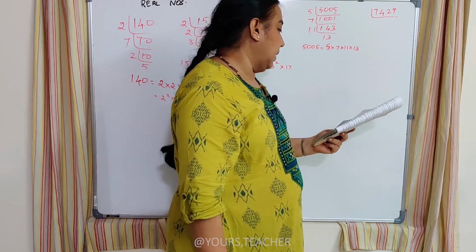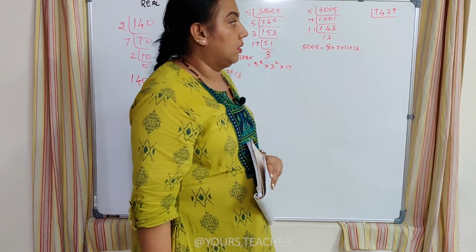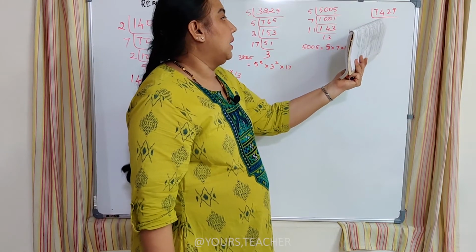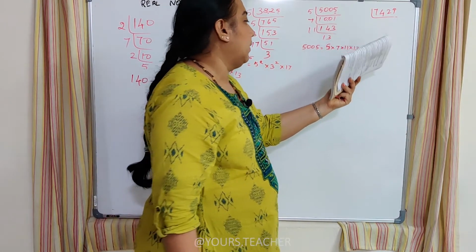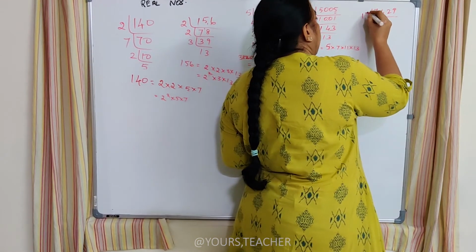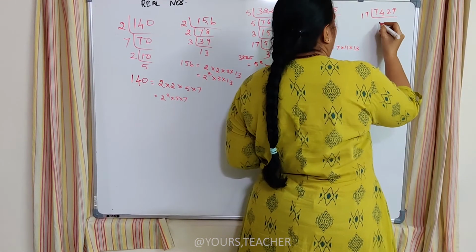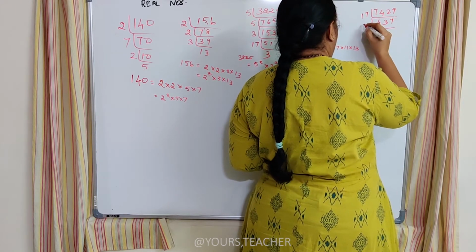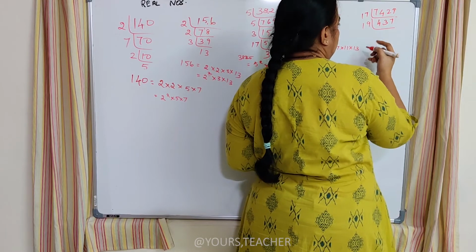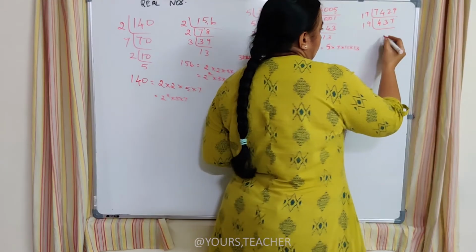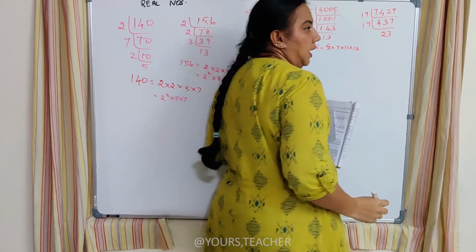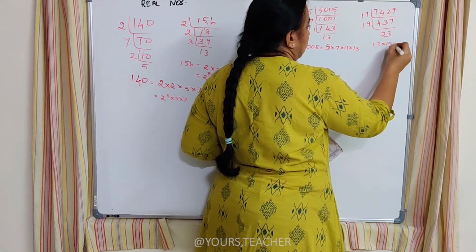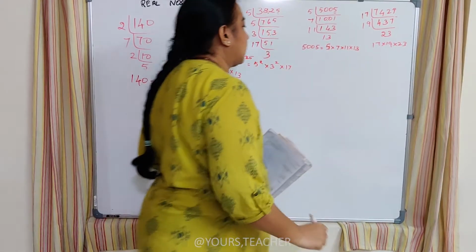So I am going to try it with the 17 table. Okay, because the 9 table again doesn't accommodate, but 19 might come. So we'll try with the 17 table first. With the 17 table, I get 4 times, 3 times and 7 times, and again this number goes with only the 19 table, and I get 23, and 23 is again a prime number. So this number can be written as 17 into 19 into 23, and all are prime numbers again.